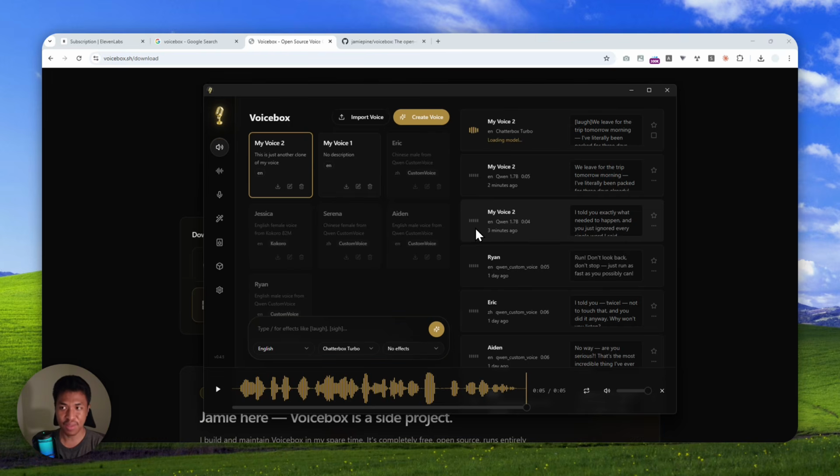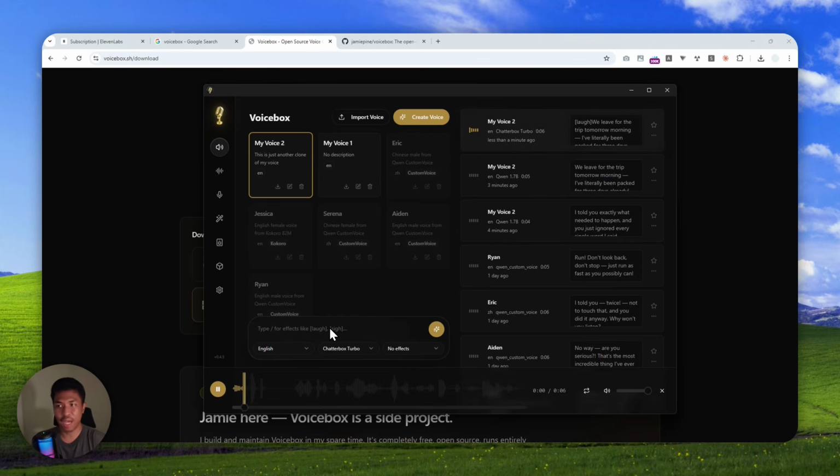We are going to still use and try other models later, and I'll show you the models that perhaps you can use, especially if you don't have a